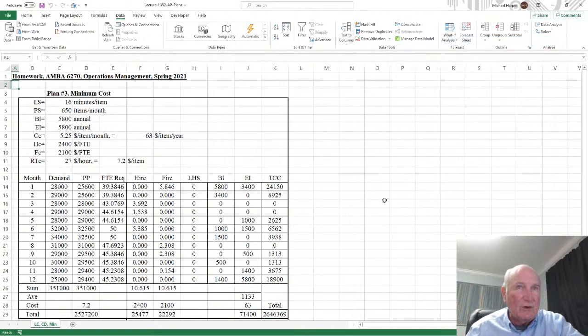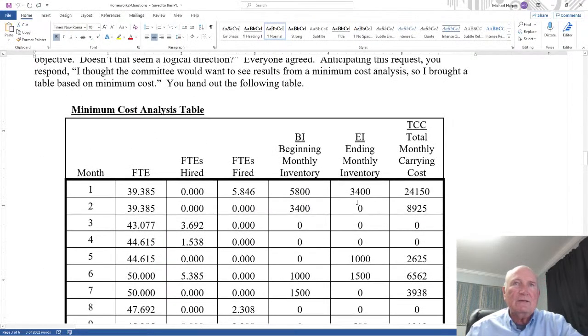However, in this video, I want to work through it again and then modify it to get the level, modify it to get the chase, modify it to get plans 4, 5, and 6. So that's what this video is all about. Okay, so let's bring back the homework, and let's come back to the